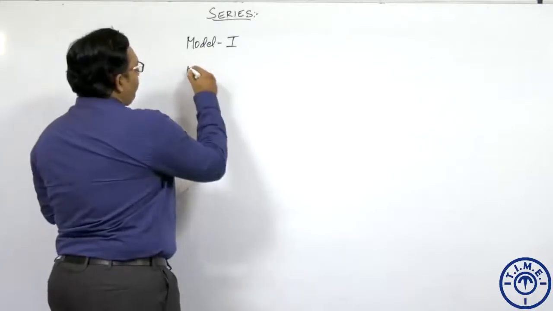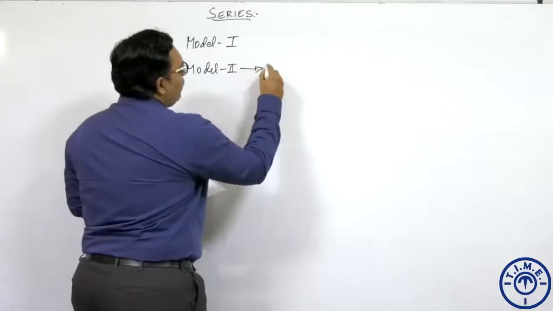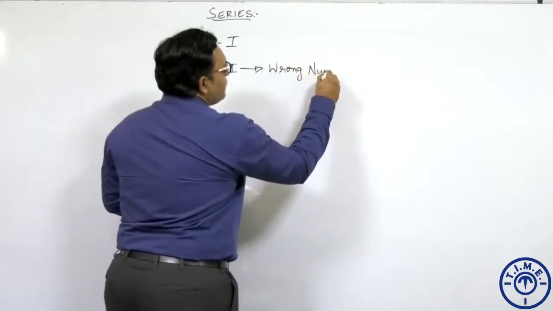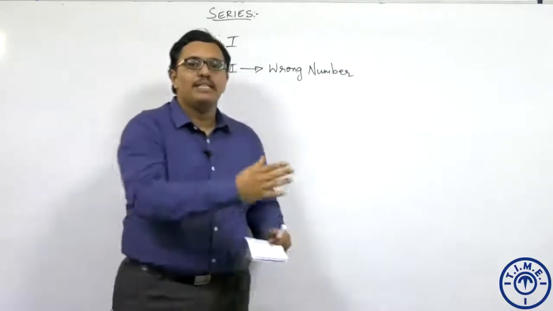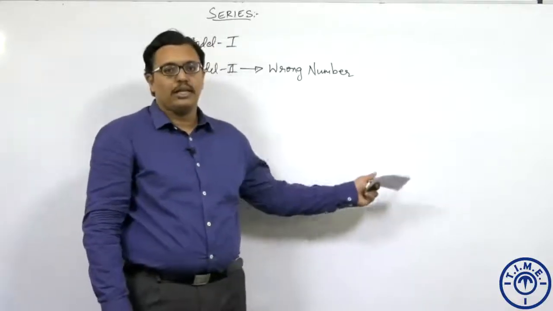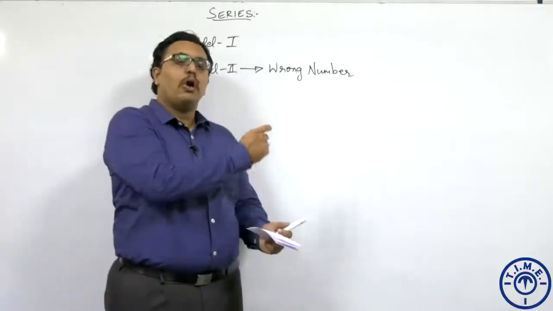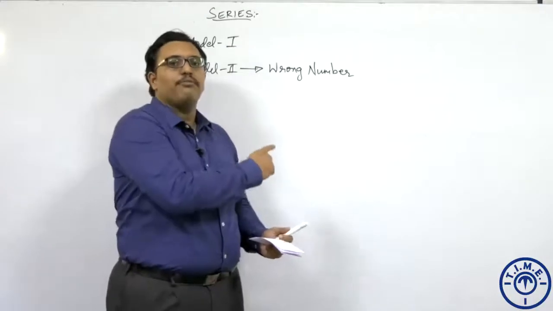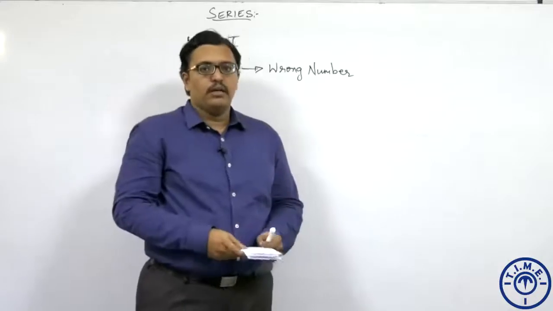Now coming to model number 2, here we have to find out the wrong number in the new series. Here he is going to give you a complete series without any blanks. Here we should not find out the missing number or the next number. We have to find out the one number in the series which does not belong in that particular series. So there is only one wrong number there. We have to find out using what logic we can find the wrong number in the new series.